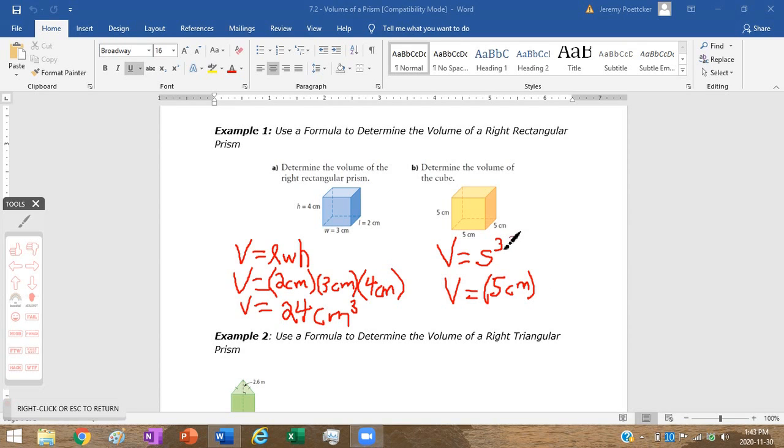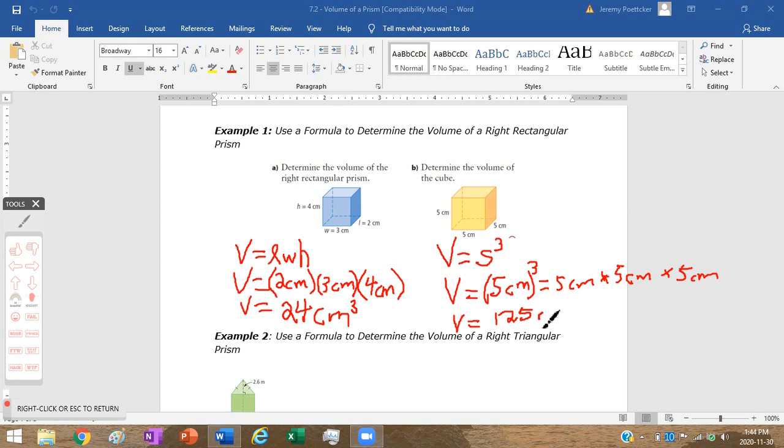Cubed is a funny little mathematical sign. We'll talk lots more about it in grade 9 math. But it means we multiply by itself 3 times. So 5 times 5 times 5. Right, so 5 centimeters times 5 centimeters times 5 centimeters. That does not look like a multiplication sign. And 5 times 5 is 25, times 5 is 125. So volume here equals 125